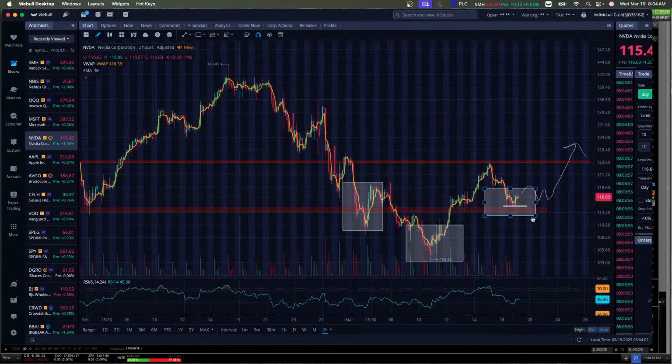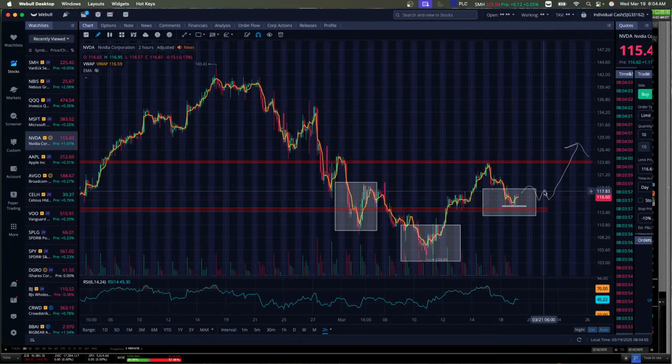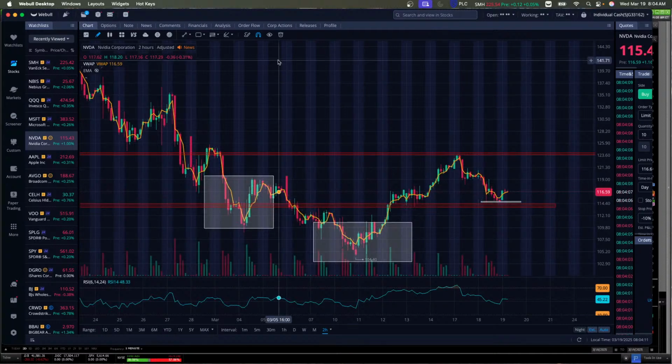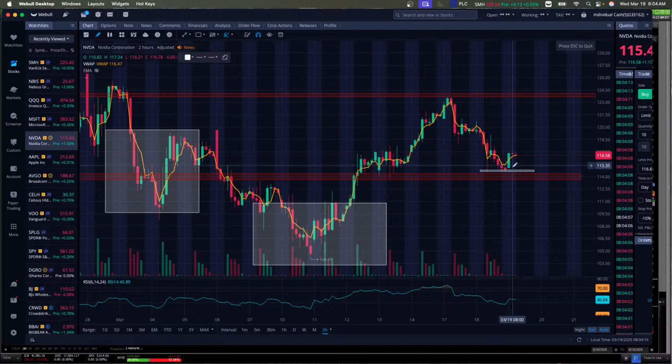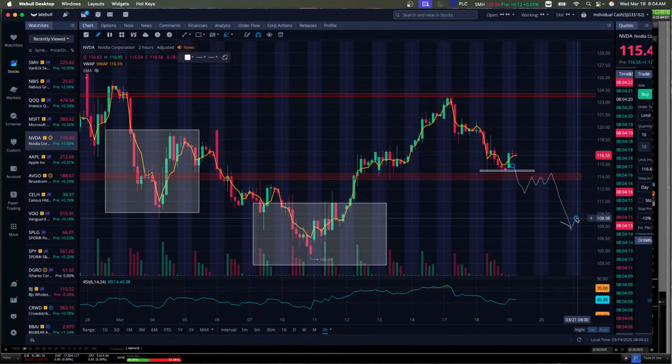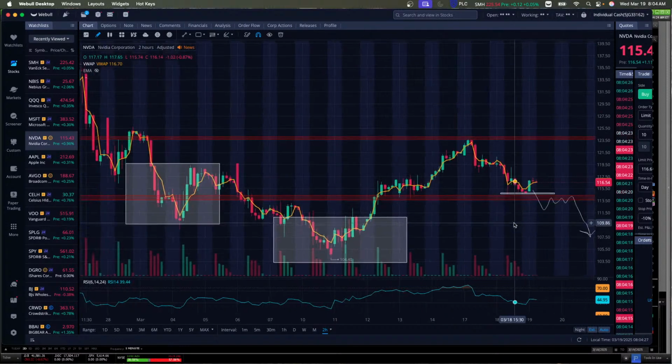But I think that this move completely fails, or this whole inverse head and shoulders trade idea fails, if we drop below this level here. So I would definitely be cautious. If we break below the 114 level, retest here at 114, the shorts are going to love this 114.5 and then push down. That would be another trade idea that I think would be more viable, especially with this market